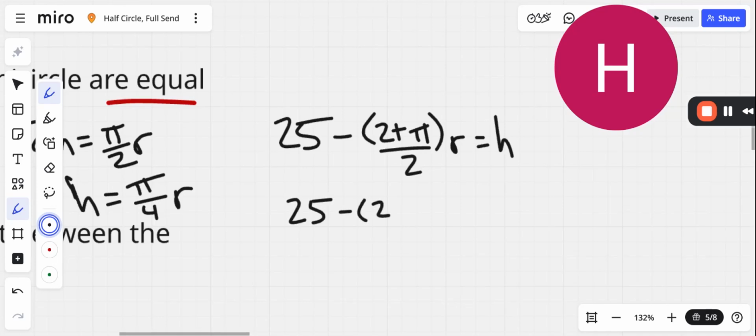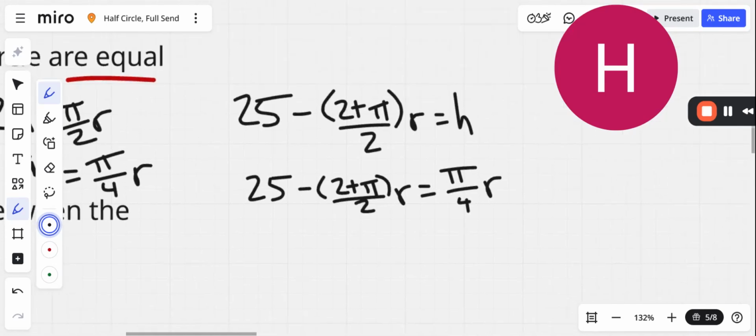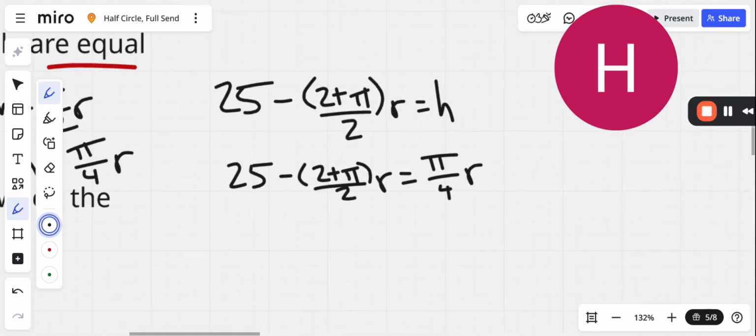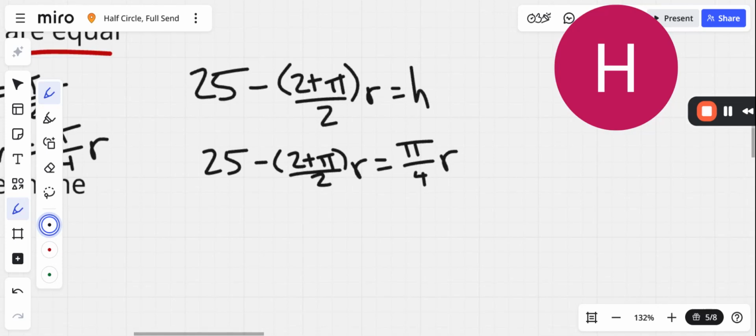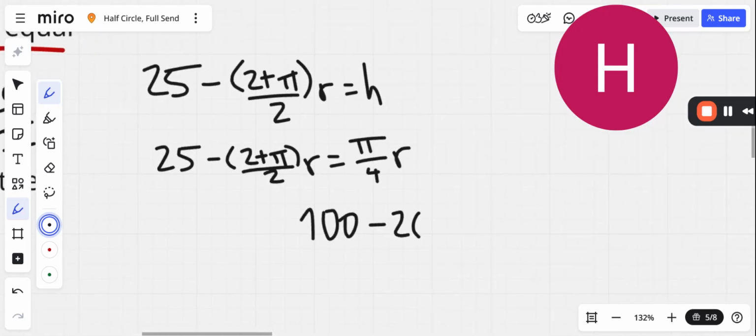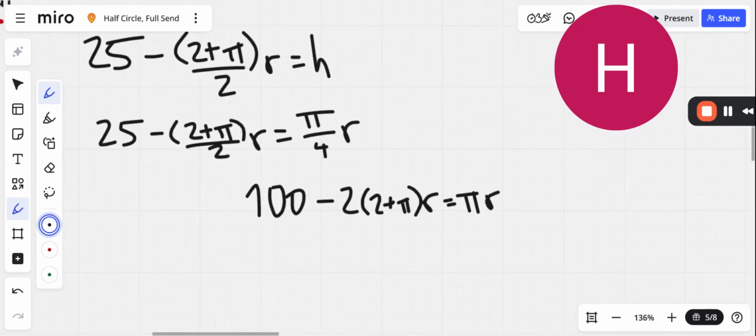And I would probably elect to try to cancel these denominators just so that the equation is a little bit easier to work with. And 25 is not a really difficult multiple. So if I multiply everything by 4, then we end up with 100 minus 2 times (2 plus pi) r equals pi r. Not bad at all. So if we open everything up, we get 100 minus